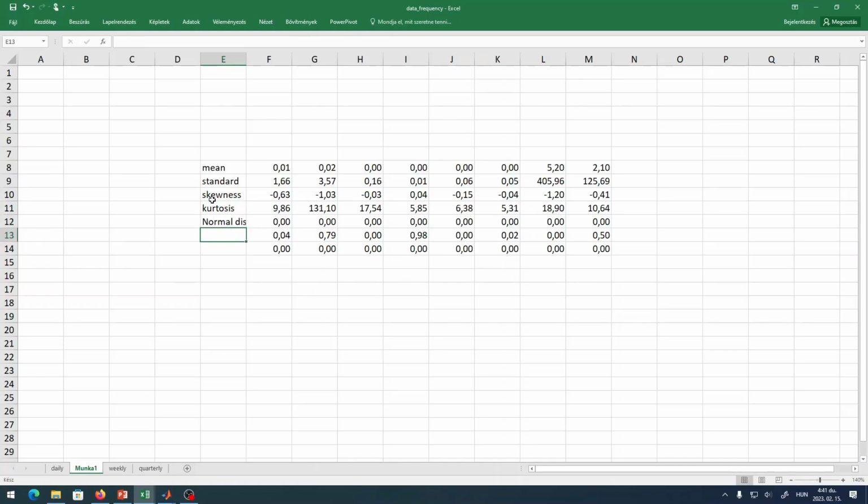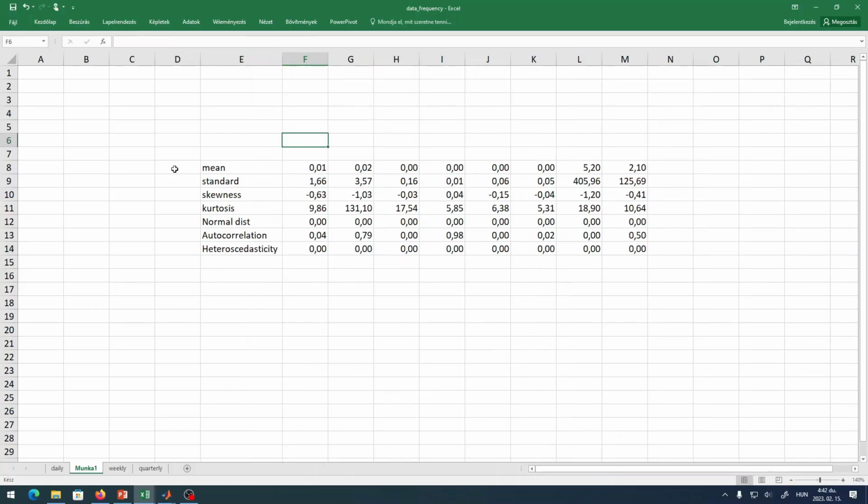Normal distribution. Autocorrelation. Heteroscedasticity. So the ideal values would be 0 here. In the case of standard deviation, it doesn't matter. If it's bigger, then it's riskier, so we don't care about that one. In the case of skewness, to have